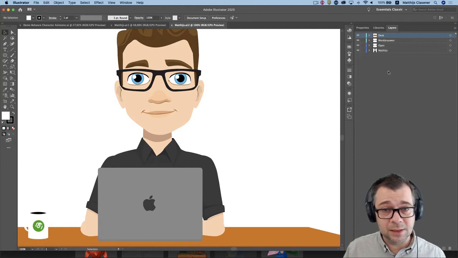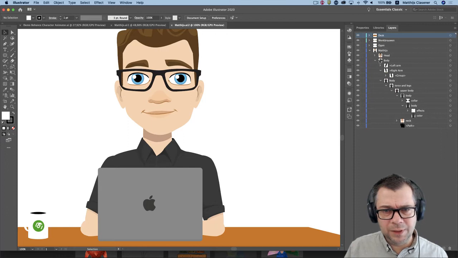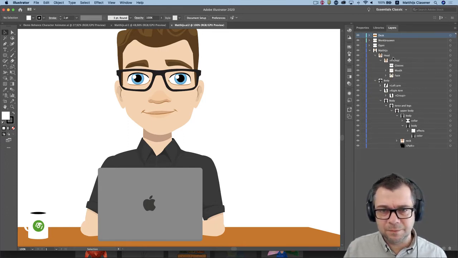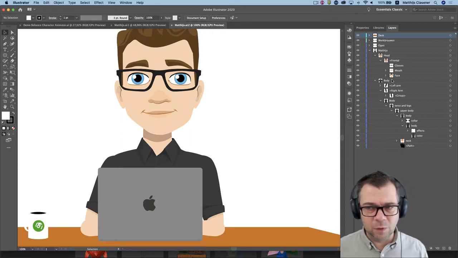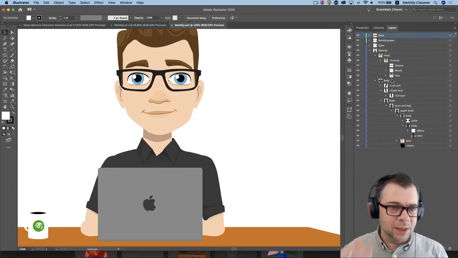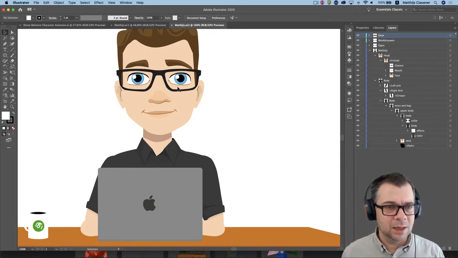So if we take a look at the character over here, this is Matthijs, my very own character. I've got an extra desk. The eyes are still separate over here, but all the layers over here have been made by hand and made sure that everything will work, and every single layer will be imported in Adobe Character Animator. So I also made all these mouths,